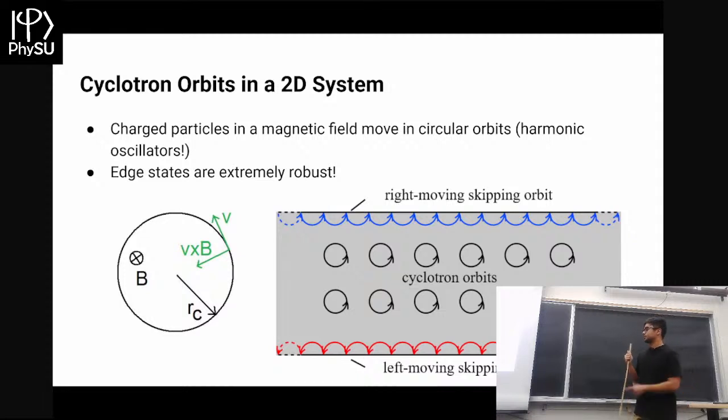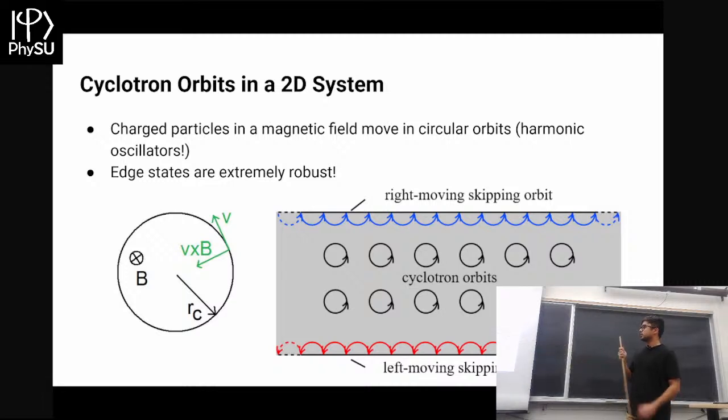And so this is why that's been drawn here. So in the middle, you have all these electrons going in circular orbits. But something interesting happens along the edges, actually. On the edges, you can imagine electrons trying to go on a circular orbit, but it hits this wall here. There's nowhere for it to go right out here. It's a vacuum. So what happens is it gets scattered backwards, and then it continues in this loop.